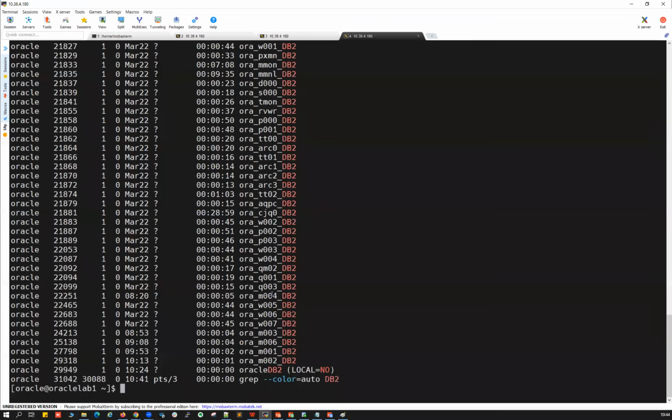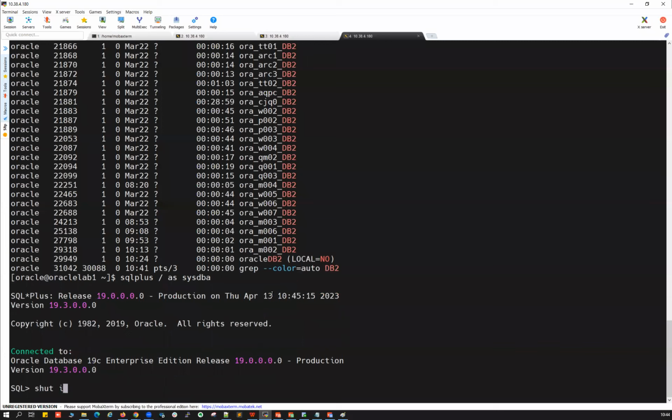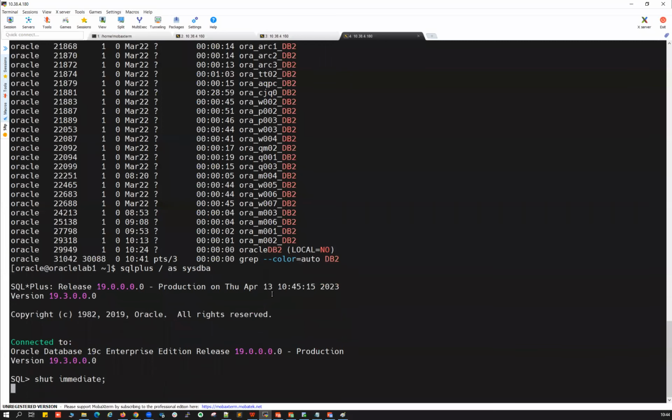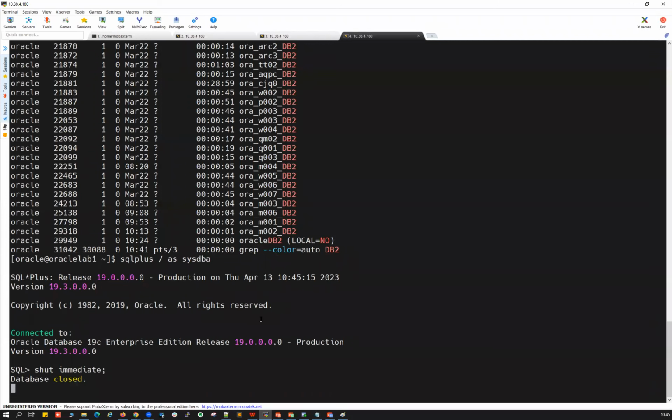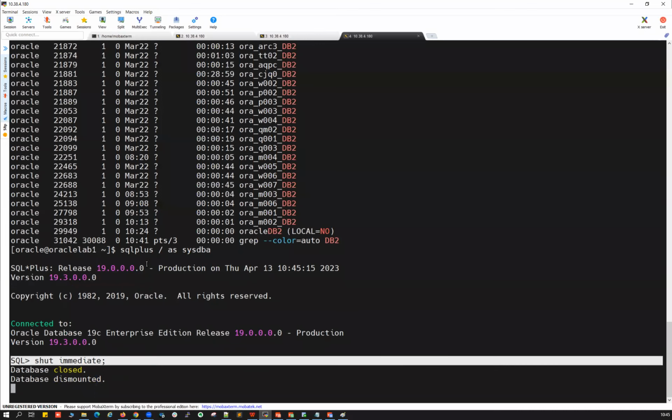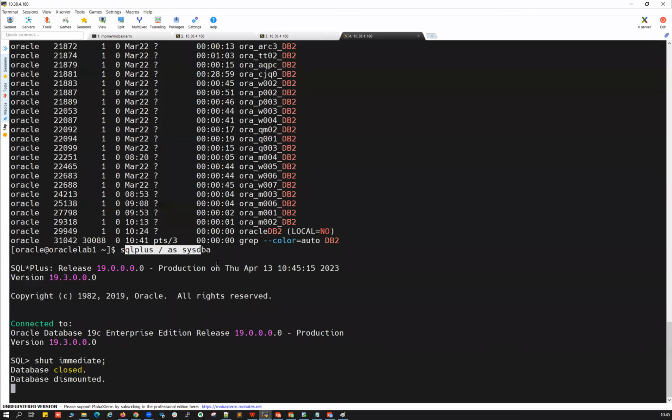And for the memory structure, if I do sqlplus / as sysdba, and do shutdown immediate, and then just do startup, the moment I do startup, the memory will be allocated to that instance. Shutdown immediate. Okay, probably that's going to take some time. Again, don't worry about these commands and connections. They will be part of our admin courses. We are going to discuss in detail what this shutdown immediate command will do and what backend changes are going to happen.